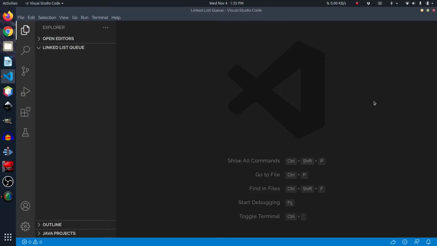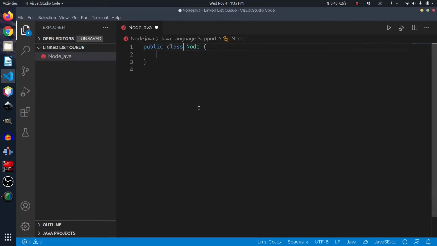In this video we are going to demonstrate how to write a very simple linked list implementation of a queue data structure. First, we are going to of course create the node. Since we are going to have a linked list implementation of a queue, the first thing we need to do is the node. And this node is of course going to have a next,